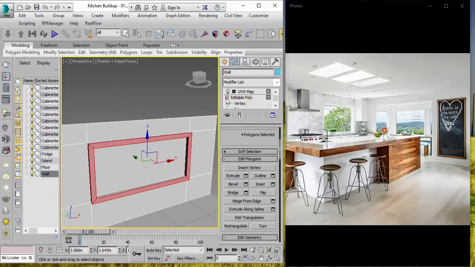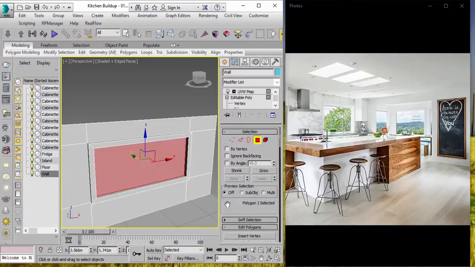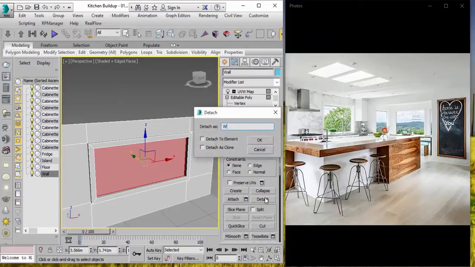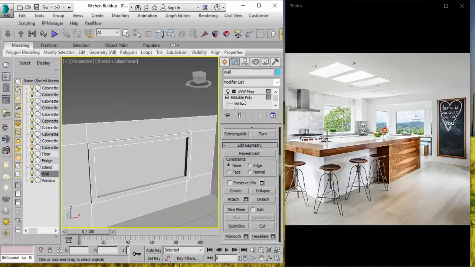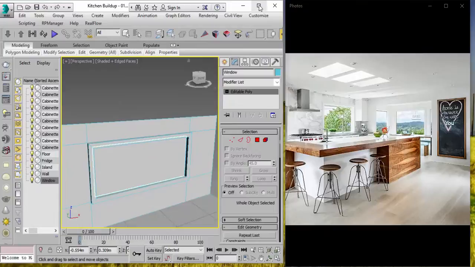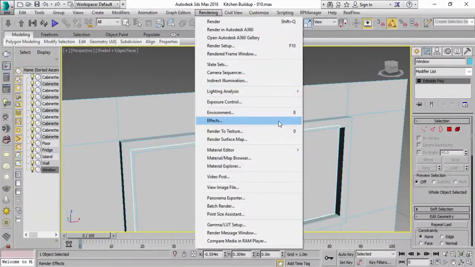Okay. And then select that polygon there and we are going to detach it. This will be window. Click OK. Perfect. Great stuff. Okay, so you can select that object, of course, and then go to rendering, and then material editor,